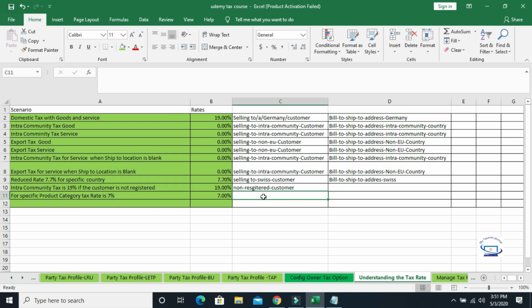For example, food processing items, food items, certain consumables, and medicine like pharmaceutical items. So in this case, the reduced rate of 7% will be applicable. Okay. And then we have to create another rate for the reduced rate of 7%.